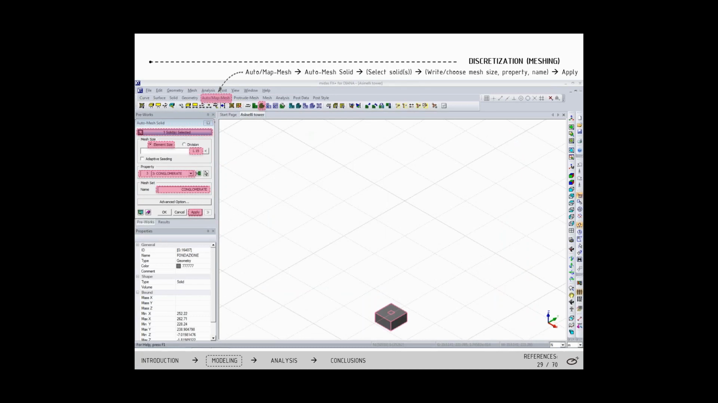Then we can proceed to discretize the solids. So to improve the quality of the mesh, we chose to begin with the foundation solids, then the infill, so the inner solid, and lastly the outer solid of masonry trunk. To do this, we click Auto Map Mesh and select Auto Mesh Solid, since our 3D mesh element is a tetrahedron. We select the solids to be meshed right here,